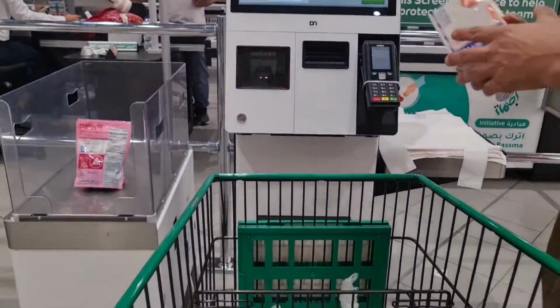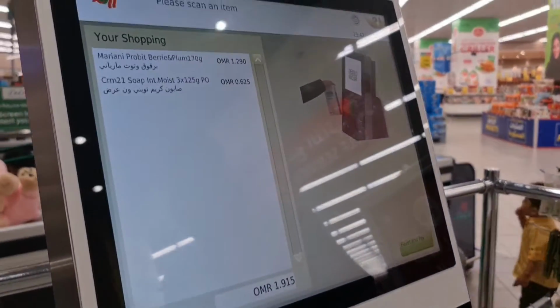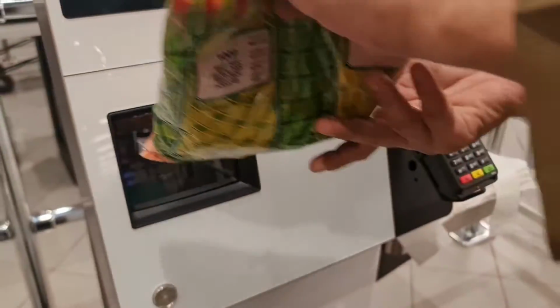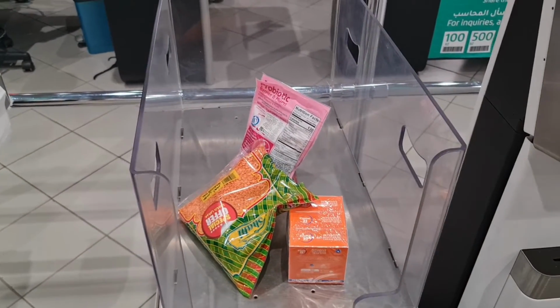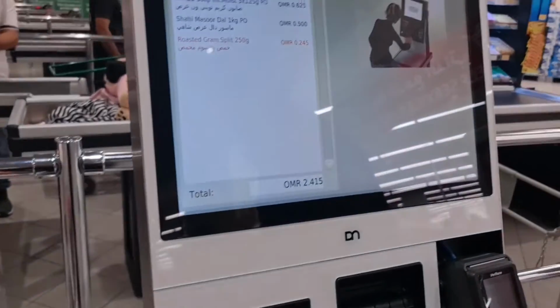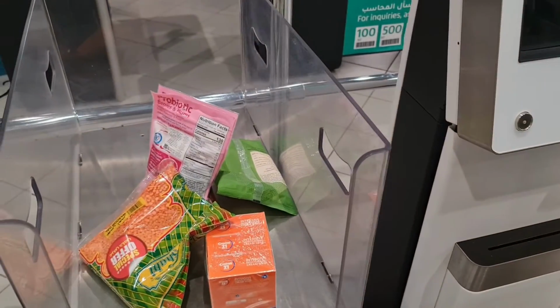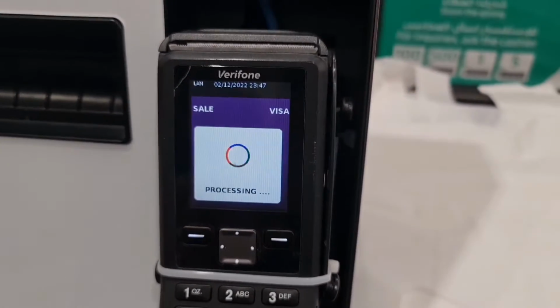Here we are at the self-checkout counter, which is in the Mall of Muscat, and this is how it looks. So this is in the Lulu Hypermarket here, and you can have a look. Once you scan the product using the barcode there, you have to keep it in the tray, and this tray keeps counting the things that you are keeping here, and then later you have to use this